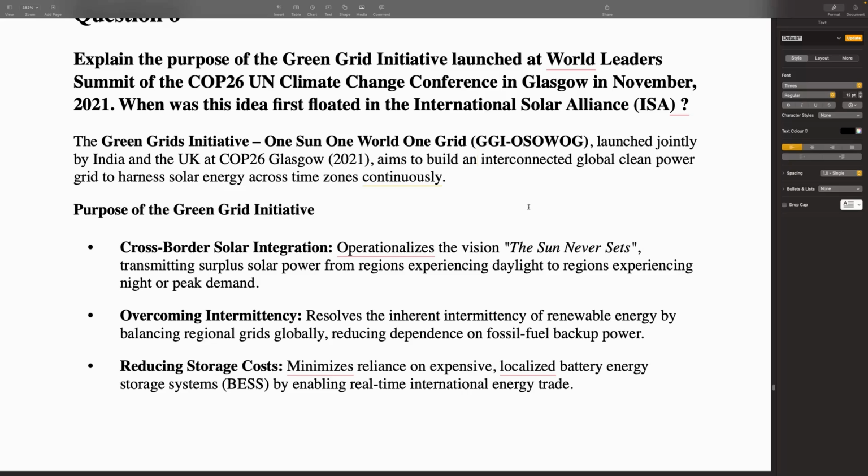Purpose of the Green Grid Initiative: cross-border solar integration operationalizes the vision that the sun never sets, transmitting surplus solar power from regions experiencing daylight to regions experiencing night or peak demand. Overcoming intermittency resolves the inherent intermittency of renewable energy by balancing regional grids globally, reducing dependence on fossil fuel backup power, reducing storage costs, and minimizing reliance on expensive localized battery energy storage systems (BESS) by enabling real-time international energy trade,